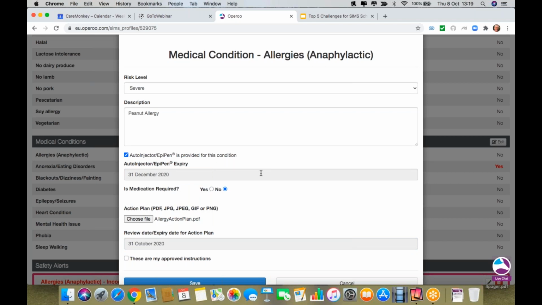And if the parent was accessing and updating the Opero student record via their mobile device, they'll come out of the doctor, they'll put the new EpiPen, the new action plan on the bonnet of the car, they'll take a picture on their mobile device and they'll attach it straight away. That's all a parent needs to do. They will then tick, these are my approved instructions, and they'll hit save. And as soon as I do that,